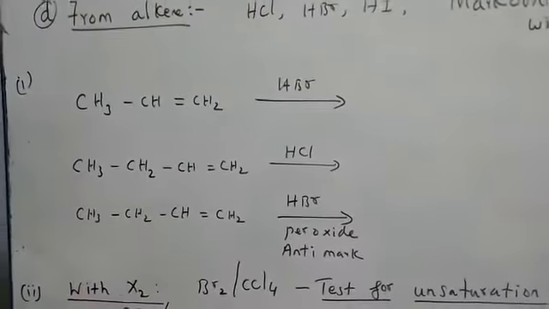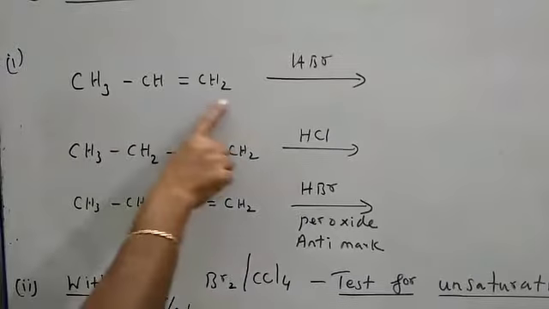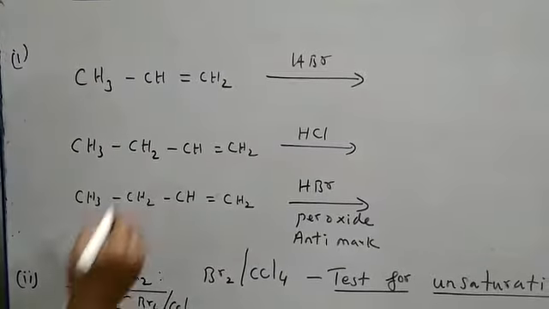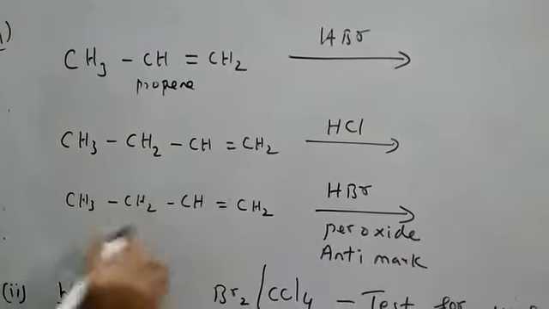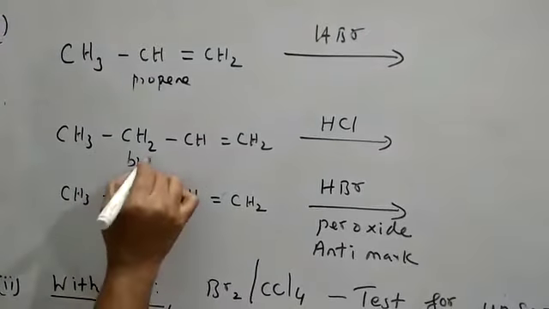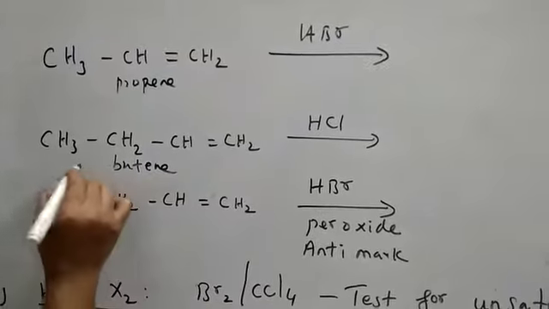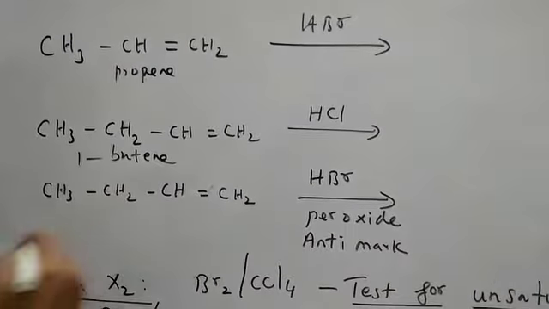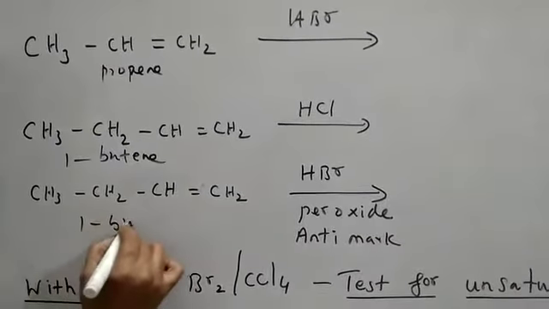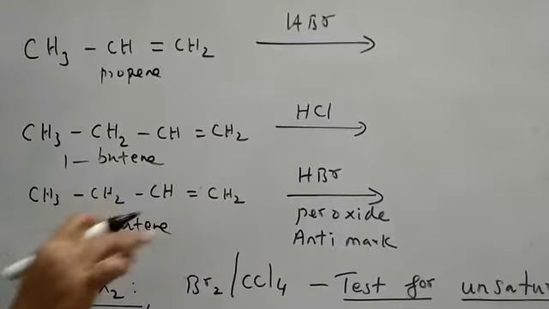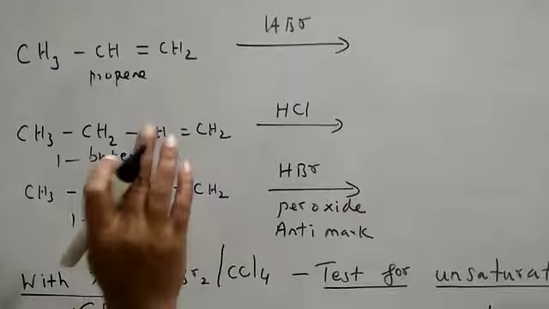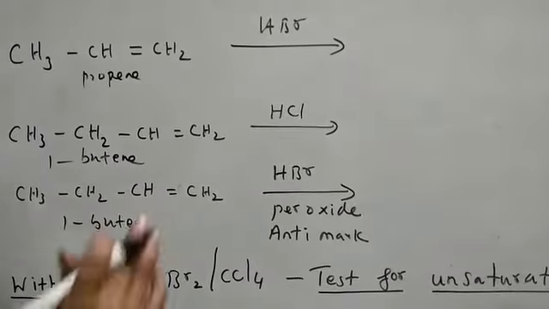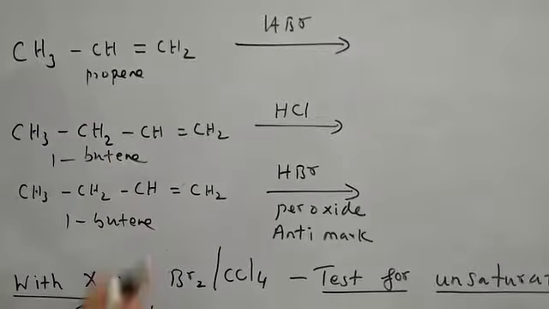Now examples are available. It is written with 3 carbons; we know it is called propene. And this is a 4 carbon compound, butene, where the position of the double bond is important: 1-butene. Of course, this is also 1-butene only. So I am teaching with different examples. In the book the general equation is given, but individual examples are more convenient, so I have selected individual examples.